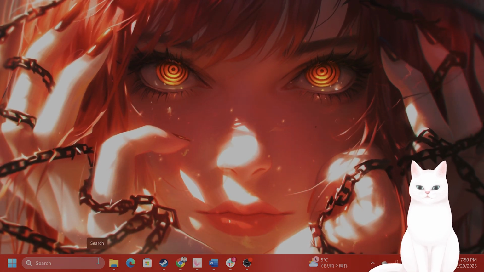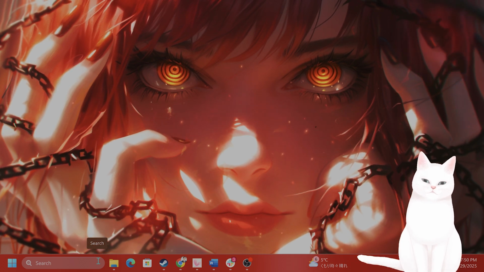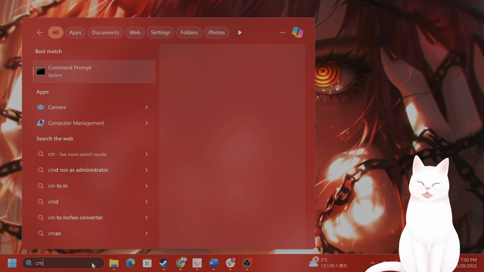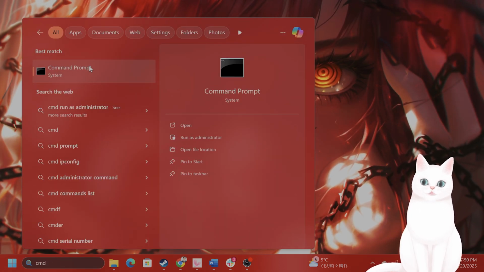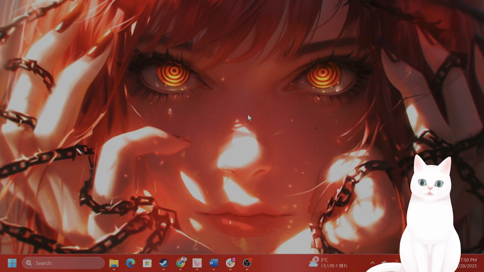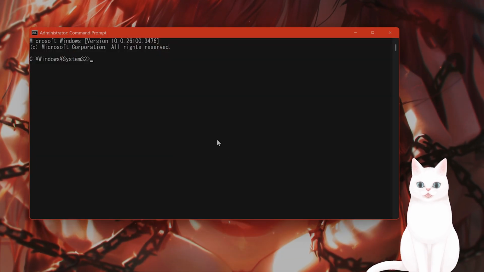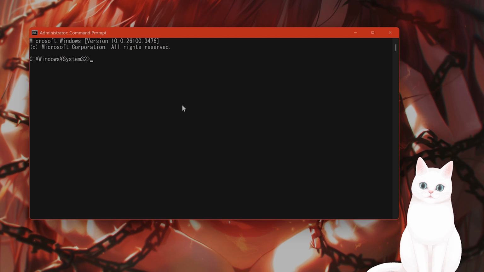skip any steps. The first method is to go into the search bar on the bottom left, type in CMD. That's going to open the command prompt. You want to right click on this and hit run as administrator and hit yes. When this opens, you want to type in